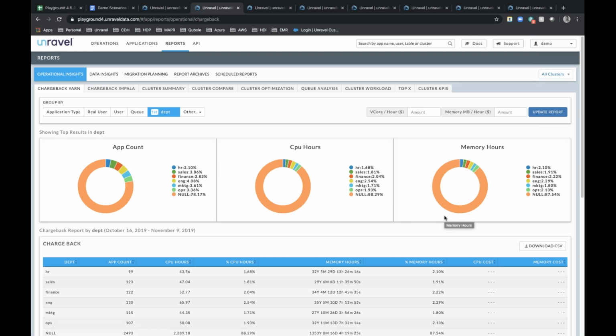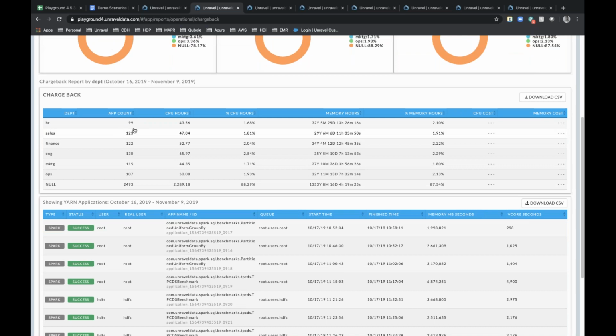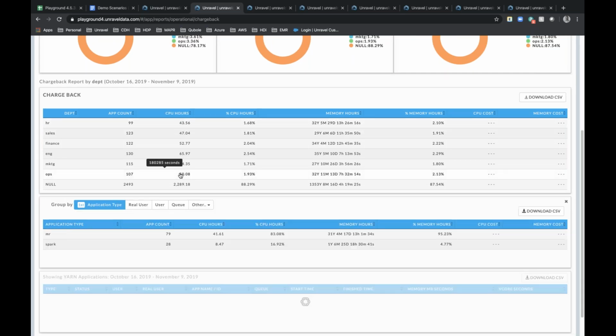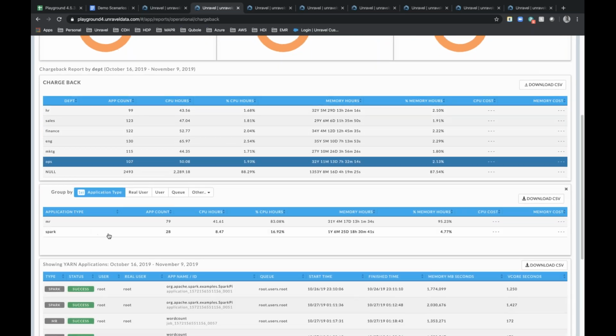It can be somewhat problematic to do a usage report of transient clusters that are going up and down hundreds of times in a given quarter, much less a year. We keep all this data historically for up to a year, or it's configurable, and we're able to quickly understand which particular department, for example, is using the most resources, and then also, for operations, what type of workloads